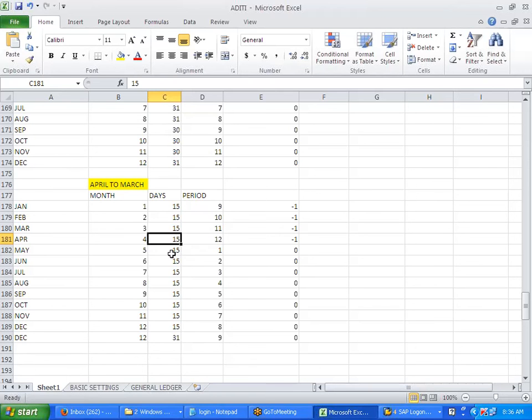Then the next 15 comes in May, so a total of 30 days. That is the first period. So the first 15 days of April go in the last period, period 12, right. That's why it's -1, because it goes into the previous year, bringing it into the current year. Correct. Got it. Clear? Okay.